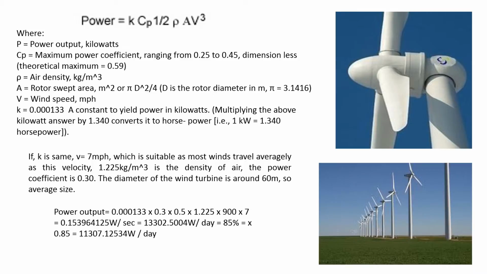We get 11,307.12534 watts, which is a lot less than you would expect compared to hydroelectric power. So overall, we've calculated that hydroelectric power produces more energy,